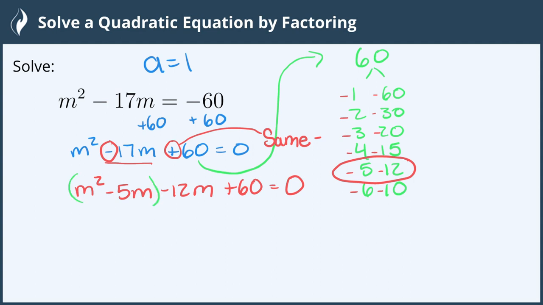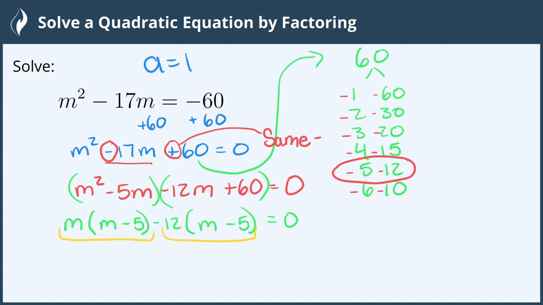Now we'll factor by grouping, the first two and the second two. The greatest common factor of the first two is m, so we have m minus 5, and the greatest common factor between the second two is minus 12, so we have m minus 5 equals 0. Now we have our two large terms here and here with a common factor, which is a binomial, with both of those. So we'll factor out the m minus 5, and we're left with m